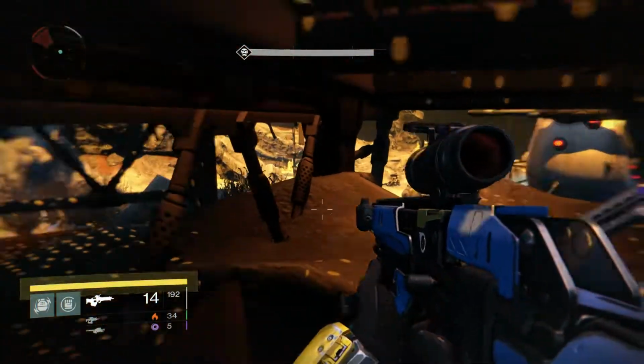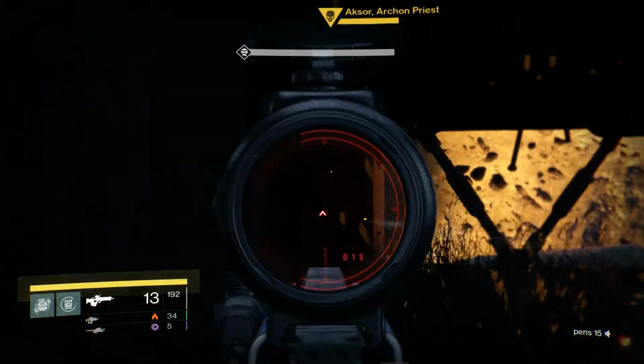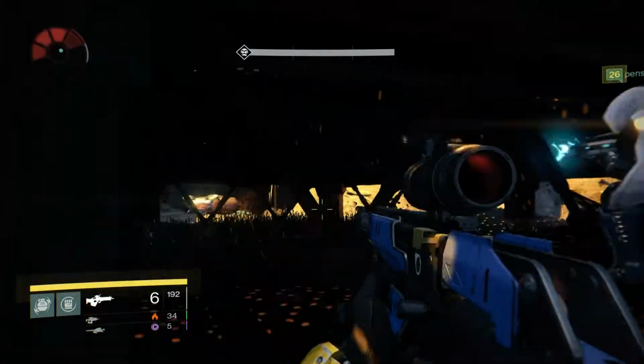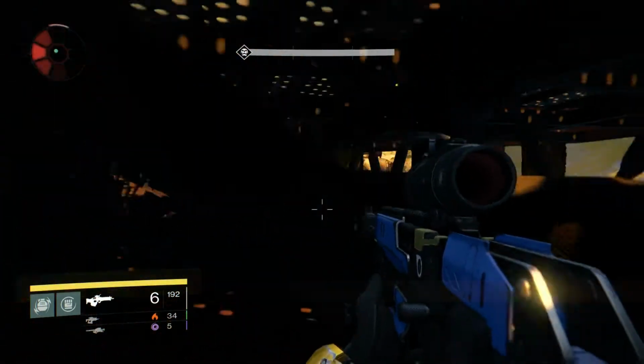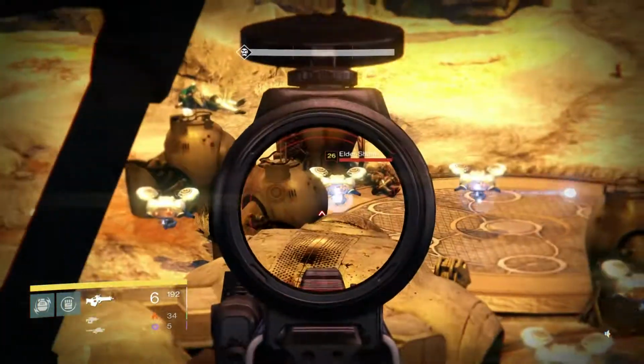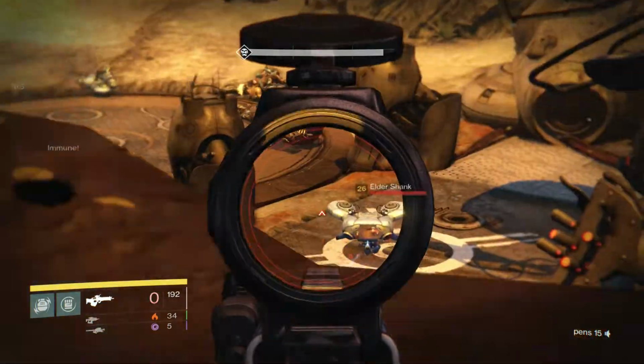Now, as you can see, Captain Jock will not be here much longer, because this particular part of the map, you cannot get good shots on him, and for good reason. I really don't think Bungie intended for us to complete this strike and take the final boss out just by sitting under some scaffolding. So eventually what Captain Jock does is he will go to the other section of this